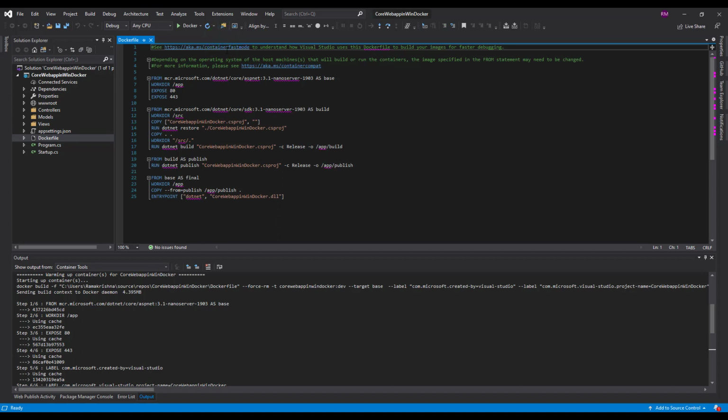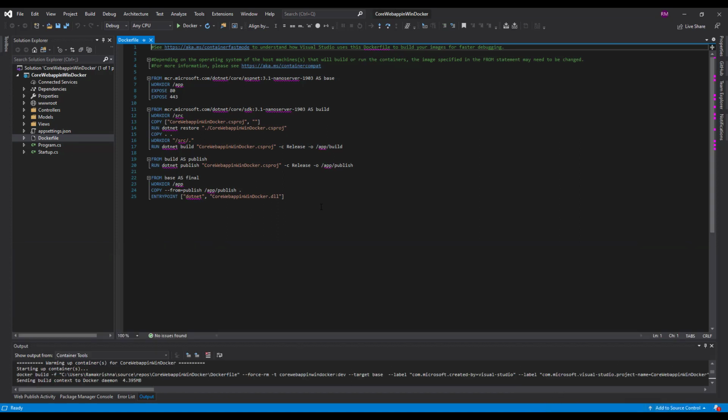Let me explain what this Dockerfile does. As you know, a Dockerfile explains how the Docker image will be created. If you observe carefully, we have multiple FROM statements, which means it is a multi-stage Dockerfile. The first part of the Dockerfile is basically used to build and debug by Visual Studio itself.